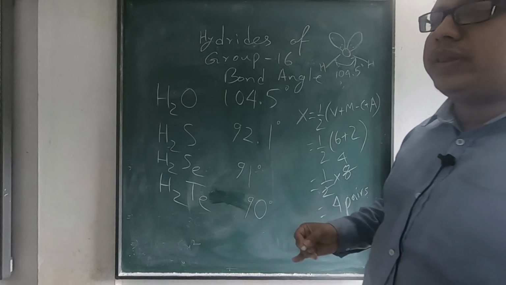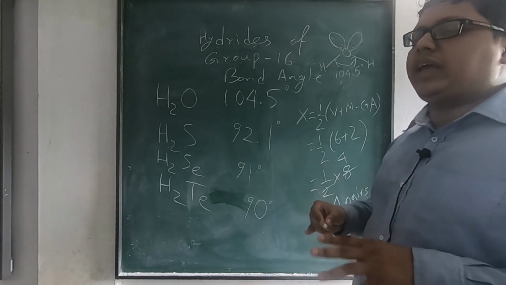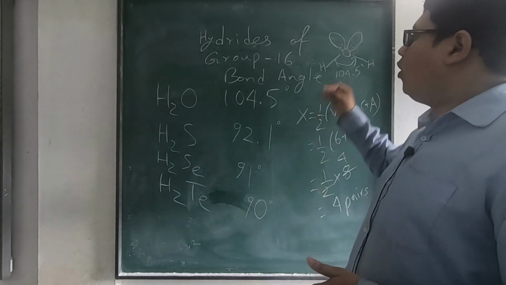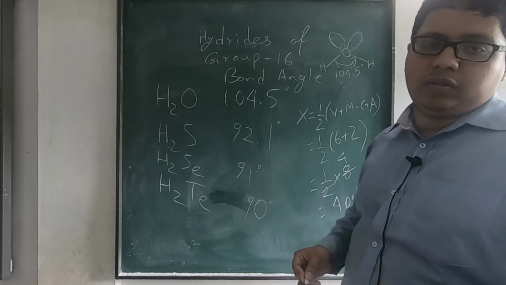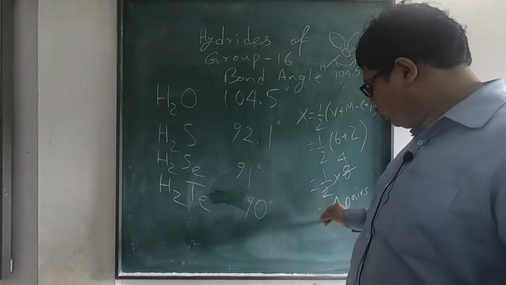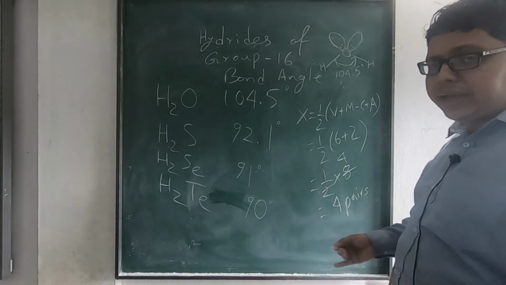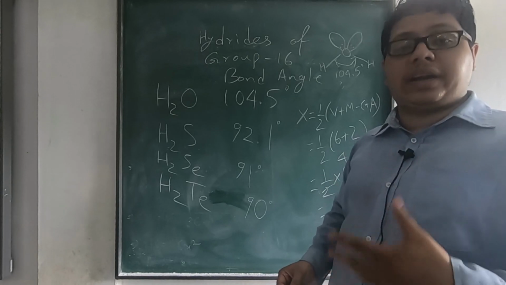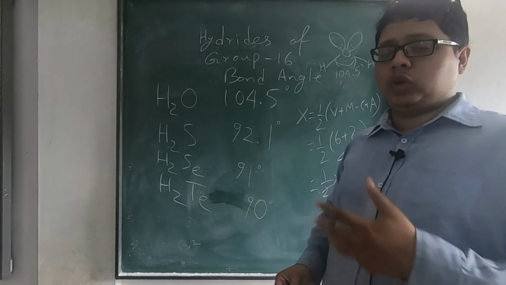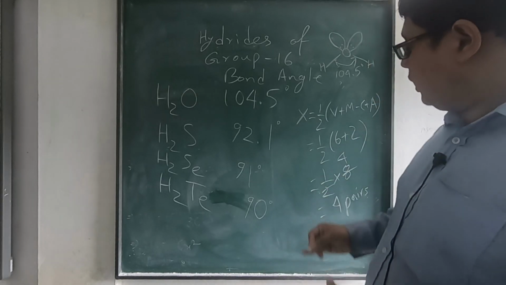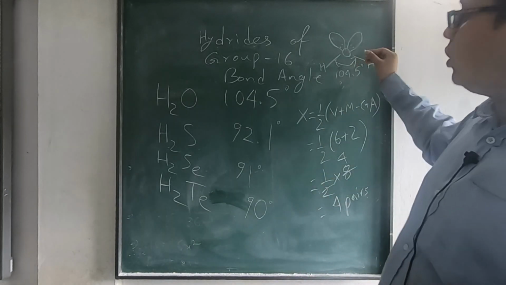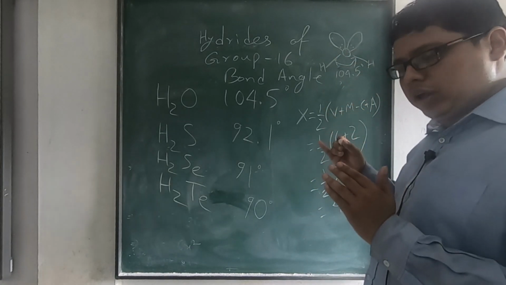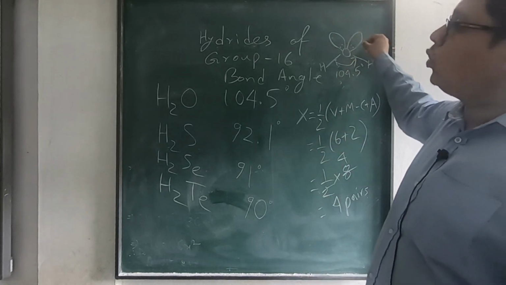The tetrahedral geometry will be there and sp3 hybridization will be there, but it cannot have the perfect tetrahedral shape. Why? Because of the repulsion due to the lone pairs. If all 4 electron pairs were bond pairs, it would have the perfect angle. That is what we expect from a tetrahedral molecule, 109 degree 28 minutes. But in this case, due to the repulsion, as you already saw in the case of the water molecule, the bond angle got smaller, right? Because of the repulsion of the lone pairs.